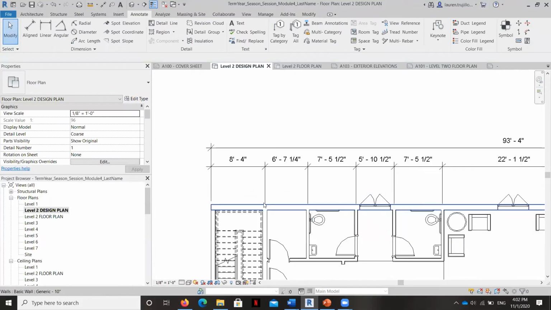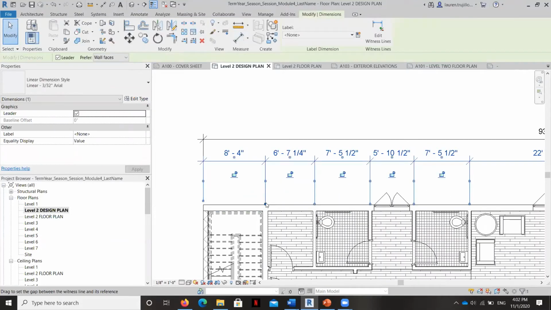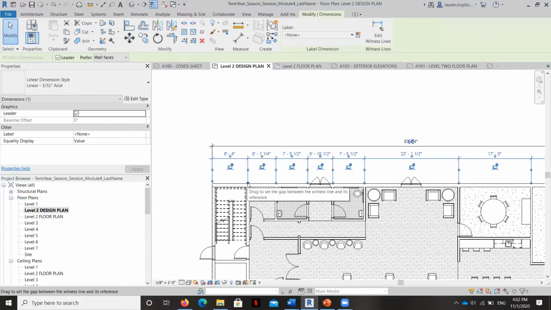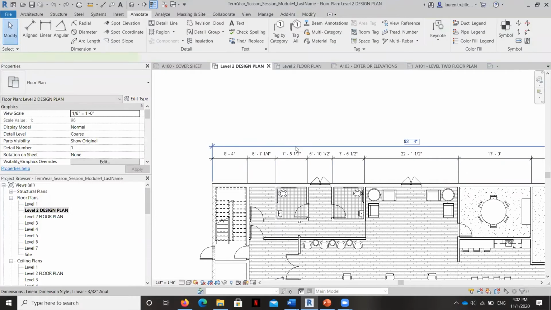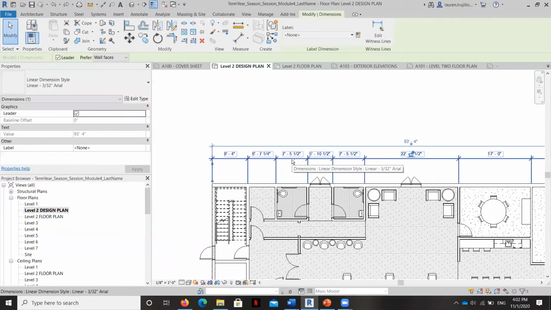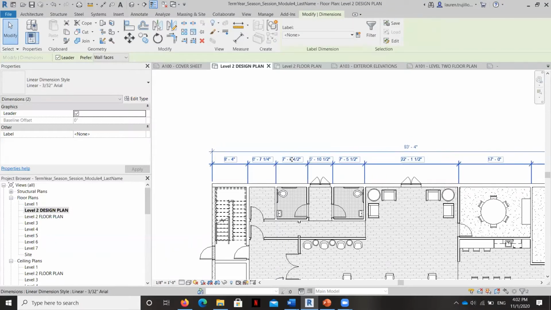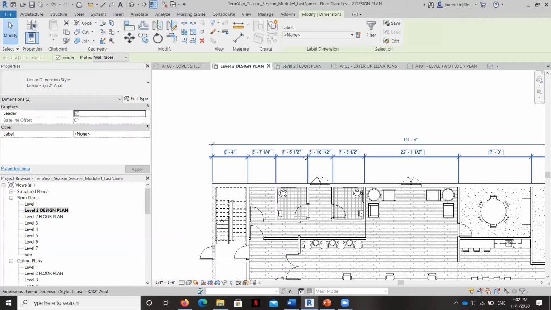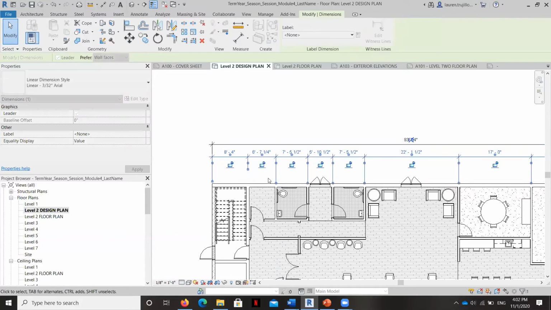Now, you can see here that there's a little tiny offset here, but we don't always want our dimension lines to be that long. So we can either move each of these up manually by dragging the grips, or we can move the dimension string by adding and moving it just a little bit closer down if we're not going to fill in that space. Now, we could also add an additional string here, but you don't want to have a bunch of overlap. So, for example, you could bring these up just slightly.